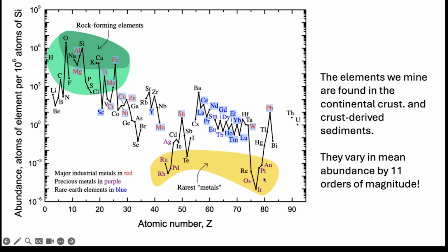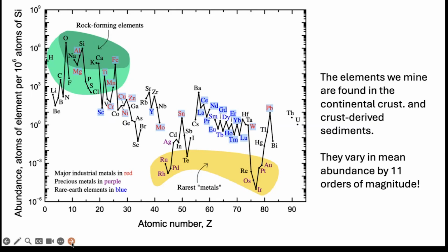And then rare earth elements are in blue. So a confusing constellation. And then they include yttrium and scandium in the rare earths. So anyway, there's a lot of detail in this chart, which is just talking about mean abundances in the